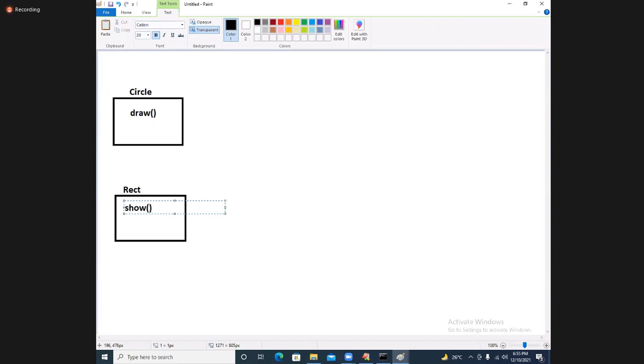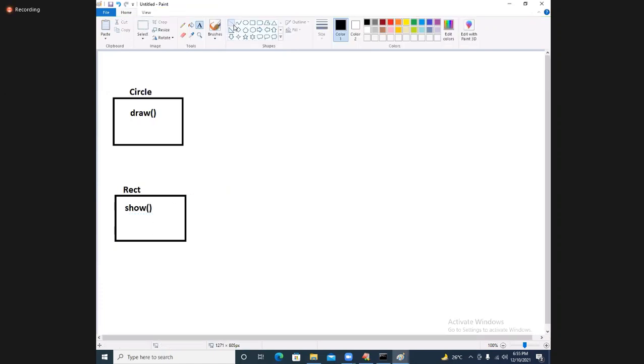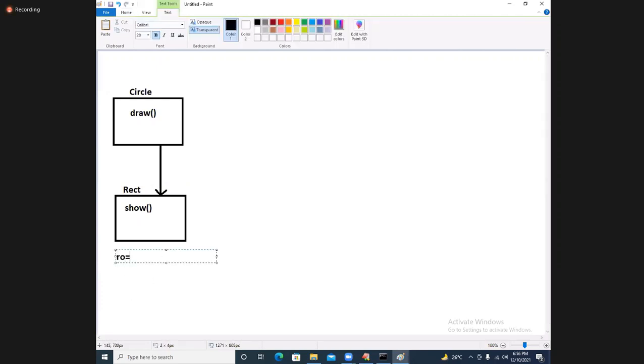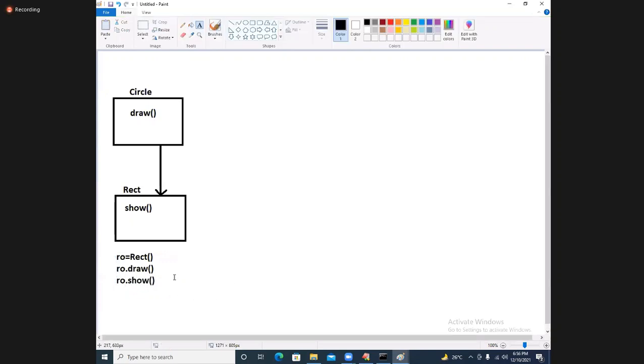Tell me, when I write inheritance, how many functions are available, ma? Definitely two functions are there. I will create an object, RO equals Rectangle(). You only observe the difference. RO.draw is logically available, and RO.show is definitely available.